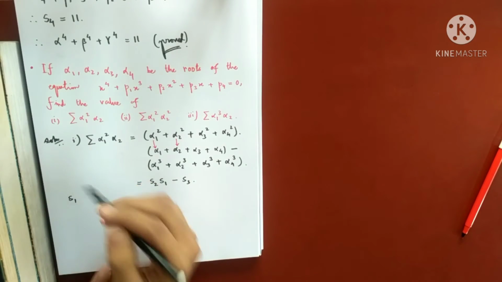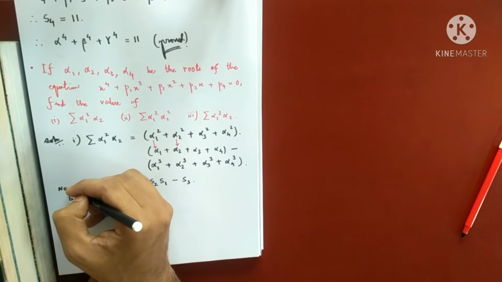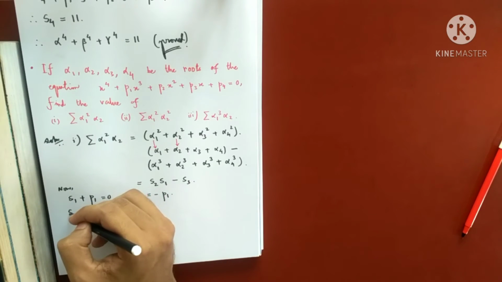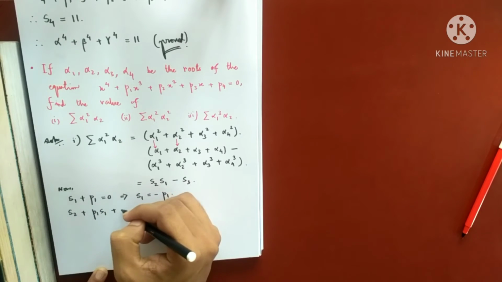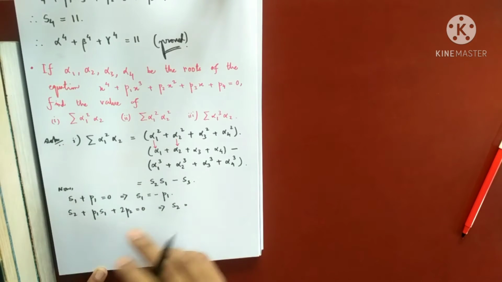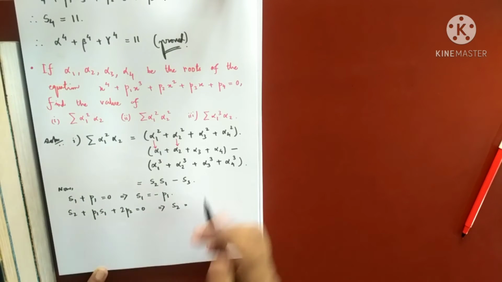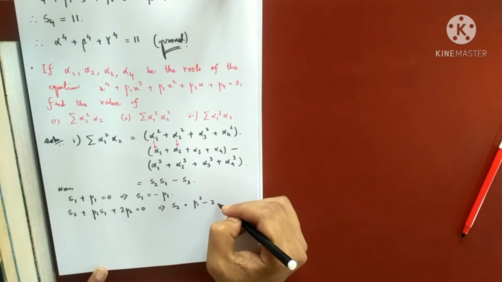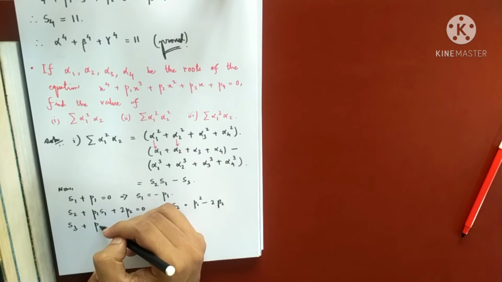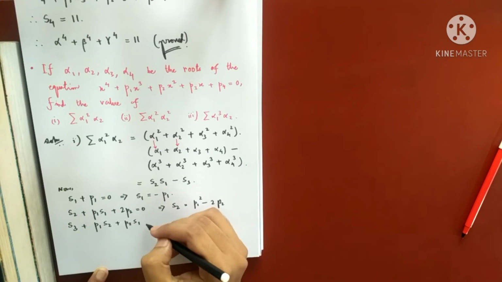You know S1 plus P1 equals 0. This will imply S1 equals minus P1. We know S2 plus P1 S1 plus 2P2 equals 0. So S2 from here will be minus P1 into S1, which is minus P1 again, so that will become P1 square minus 2P2. And what is S3? S3 plus P1 S2 plus P2 S1 plus